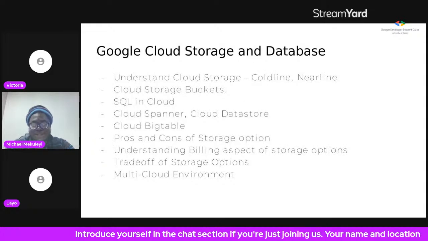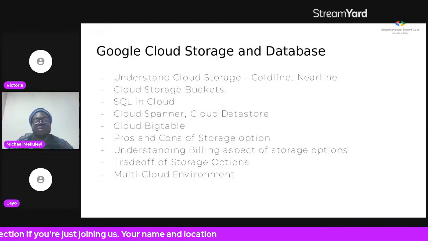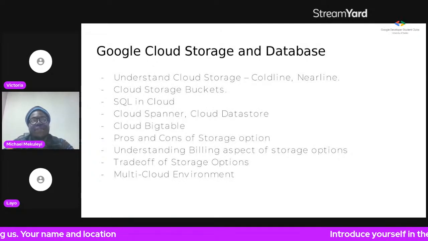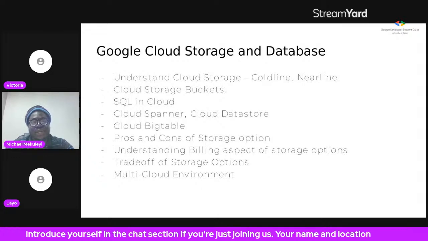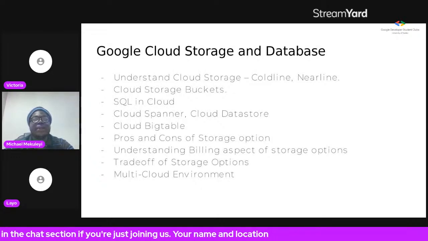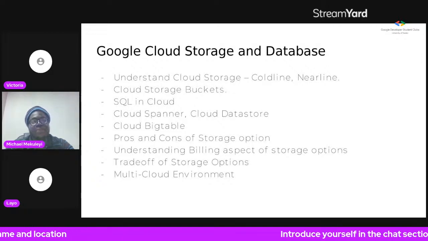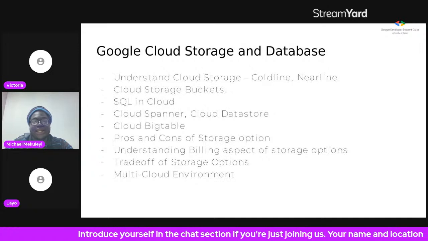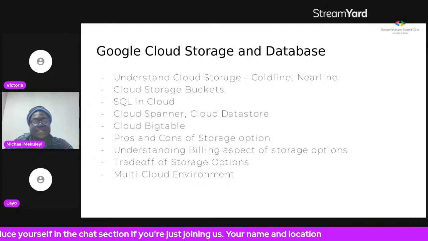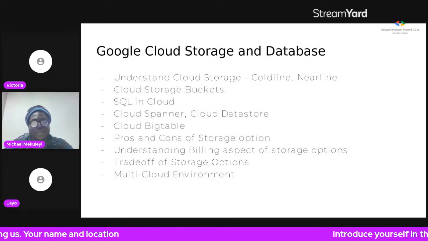I'm also very, very big on cloud storage, especially coldline cloud storage. That's basically storage that you want to keep for a long period of time. So let's say you process data for over a year and you need to keep that data somewhere. You employ coldline storage. Nearline storage is basically things that you use very, very often. And then Google Cloud Storage buckets, there's what we call the GFS, the Google File System, storing a lot of information in storage. So it's basically like a hard disk of different nested file systems where you can just import things and keep them.